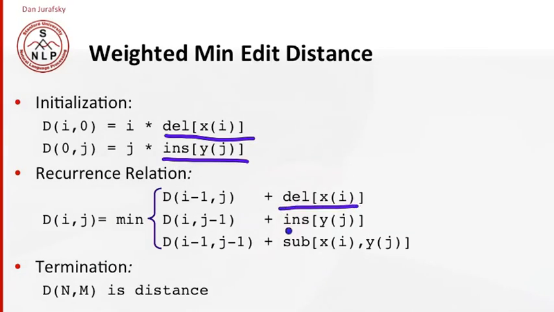In the recurrence relation, we're going to add a special cost, delete of x sub i. How much does it cost to delete that particular character? How much does it cost to insert that character? How much does it cost to substitute that character? And we're going to end up with the termination condition. So we're just going to add separate little lookup tables that will tell us what the deletion, insertion, and